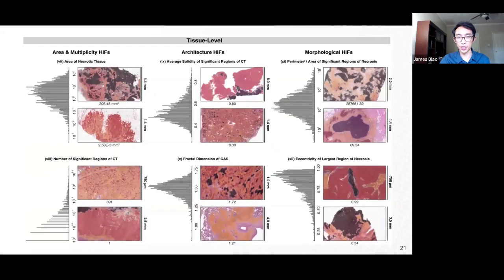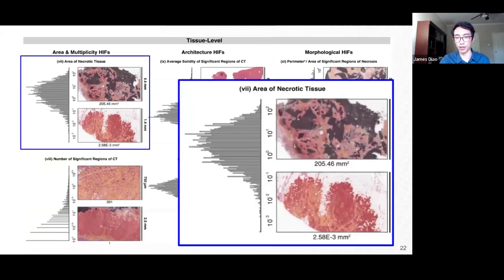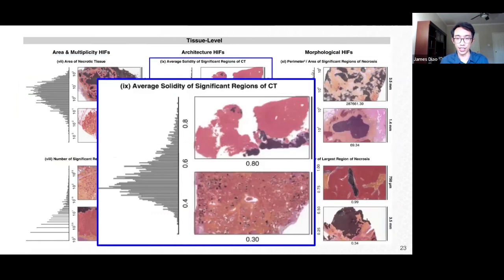And then we have the tissue level features as well. Similarly, necrotic tissue, the top one, a lot of black you can see on the slide, bottom one, not so much. And there's a lot of different area and multiplicity HIFs,